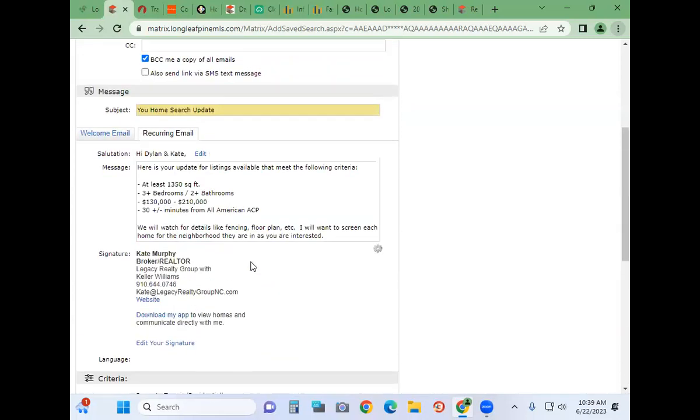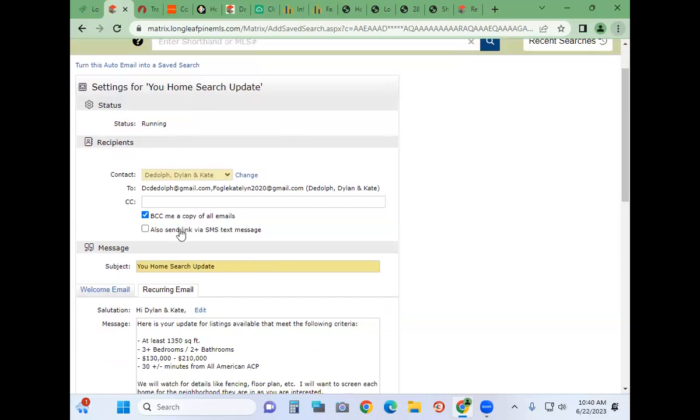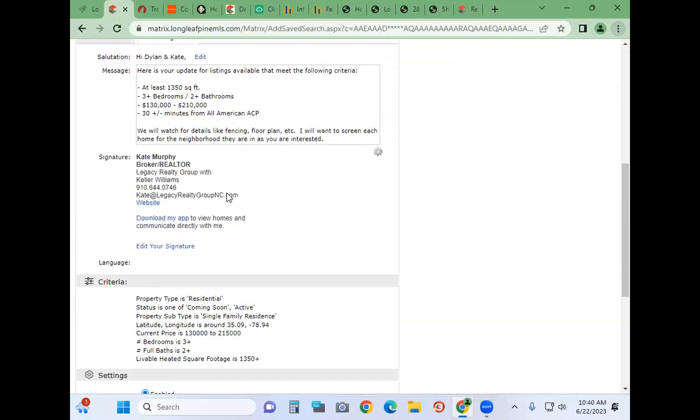Okay. So when you set up a search that meets your client's criteria and you say auto email, these are the settings. I'll show you how we get there, but these are the settings that you're going to set up for your client. Okay. Hey, what